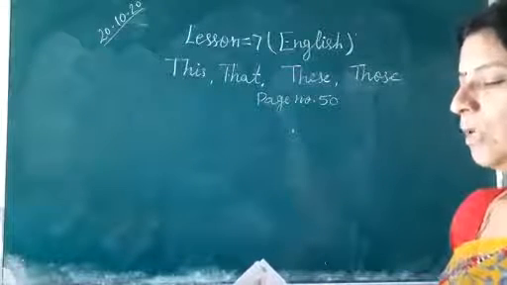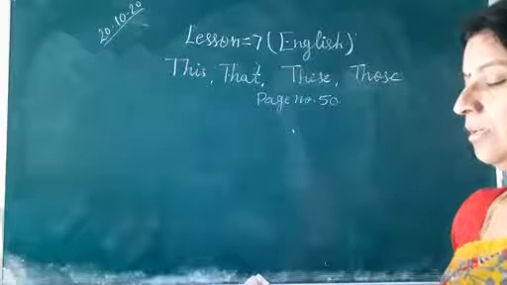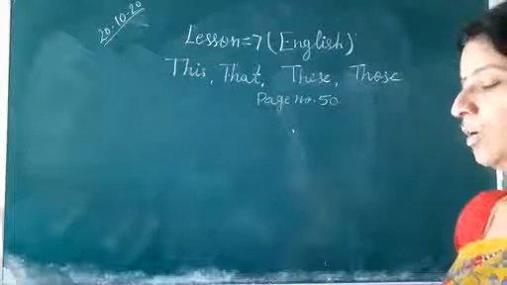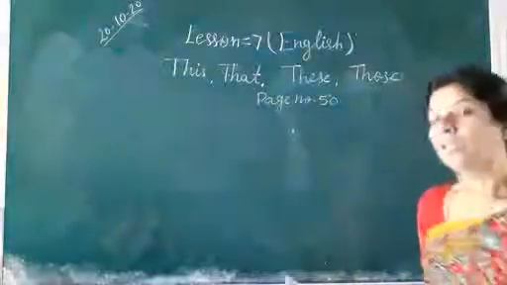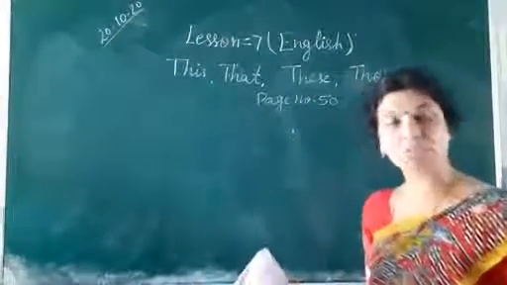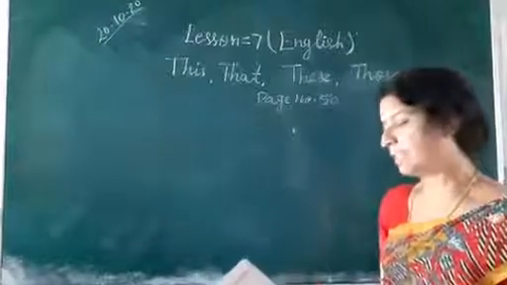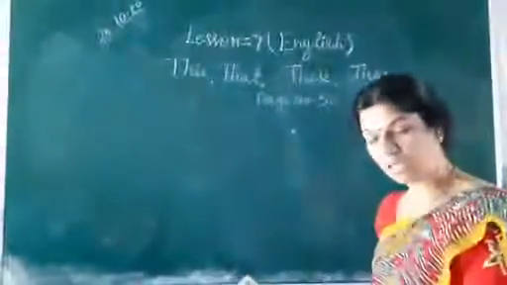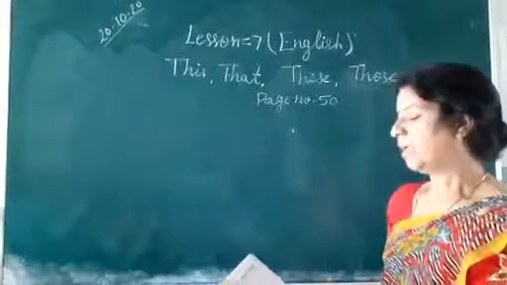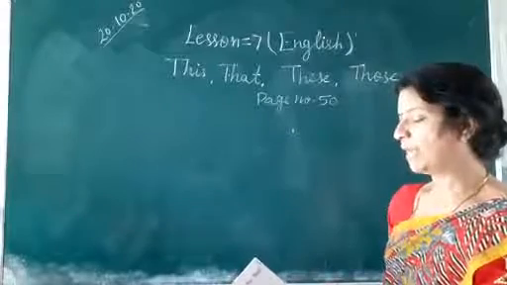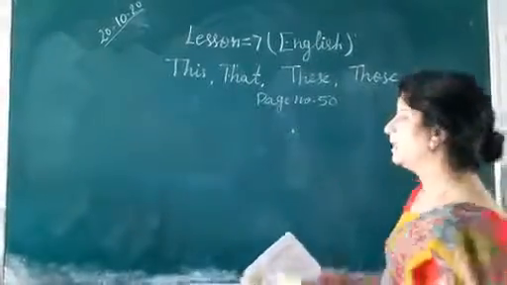Let's do. Point at 3 things that are near you and say for each, this is a. जो थिंग्स हमारे पास में होती है उसे हम दिस इज अ और फिर थिंग्स का नाम. Then point at 3 things that are not near you and say for each, that is a. Write their names below. One has been done. You will write in your notebook.